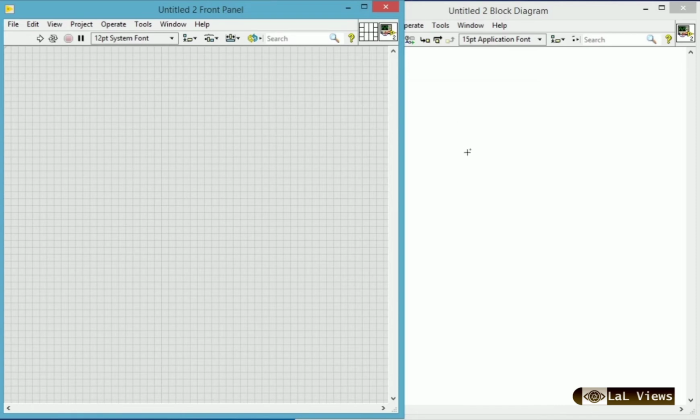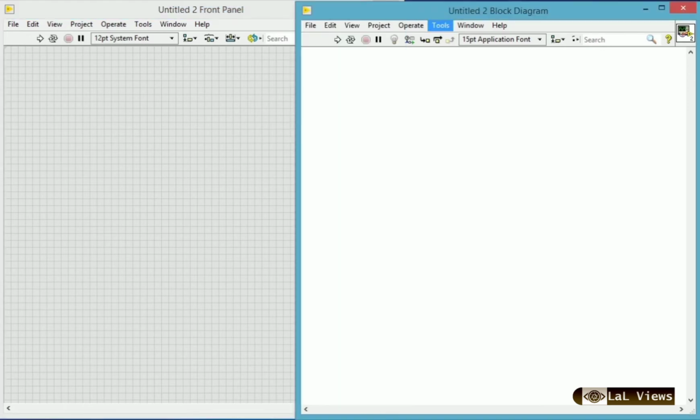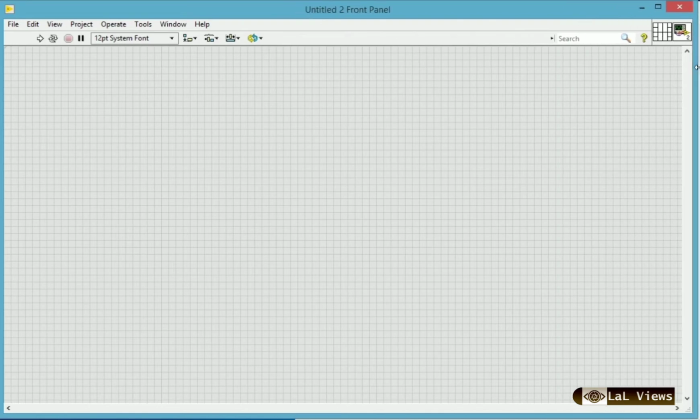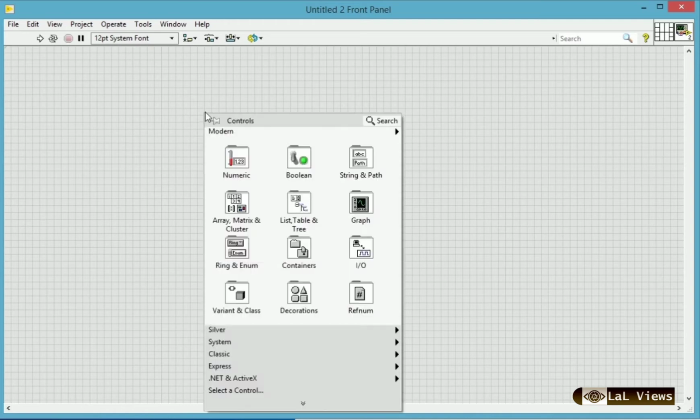I am just enlarging the front panel. When I right click on the front panel window, you can see a set of controls. The first one is numeric.